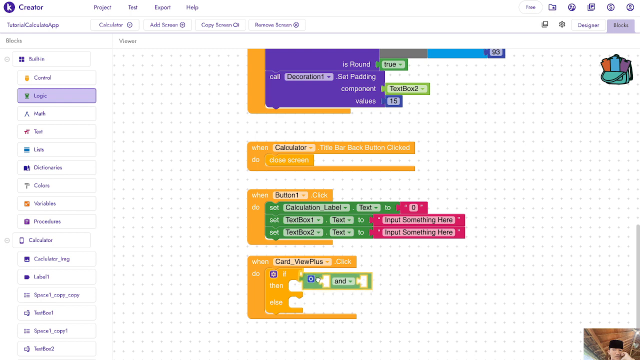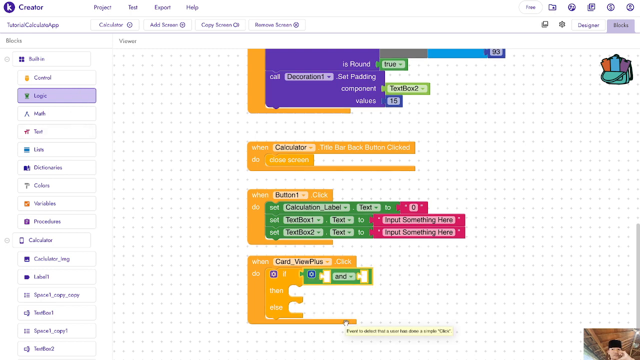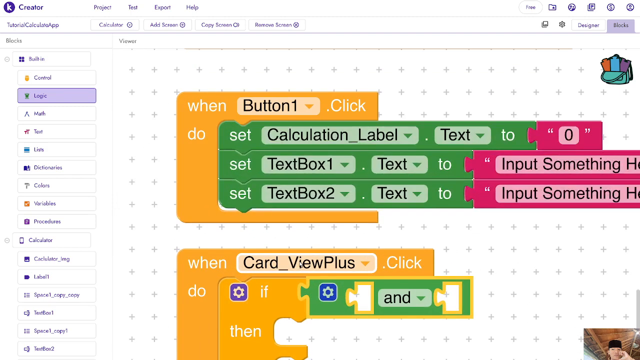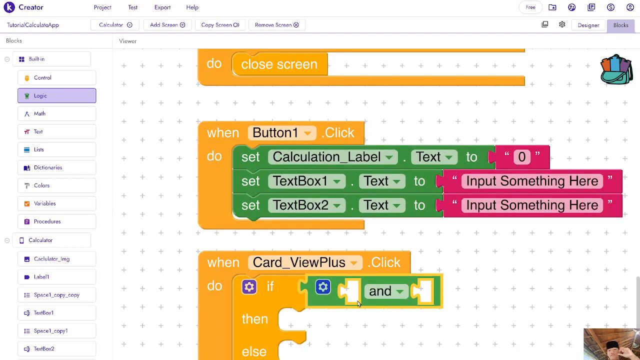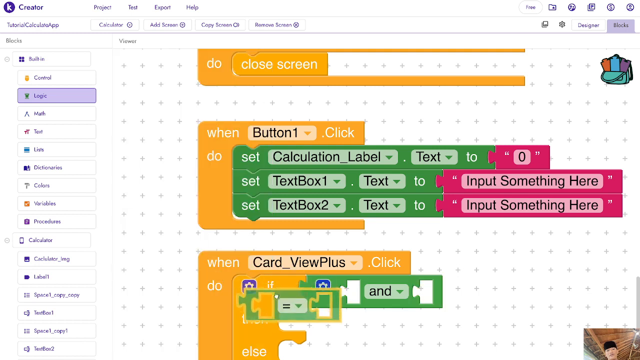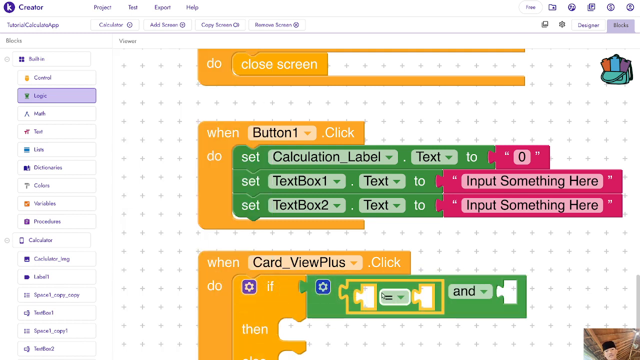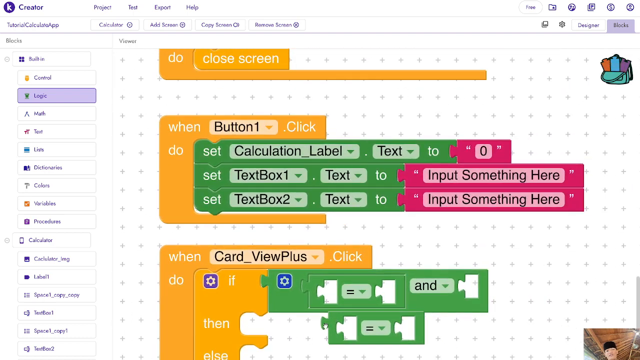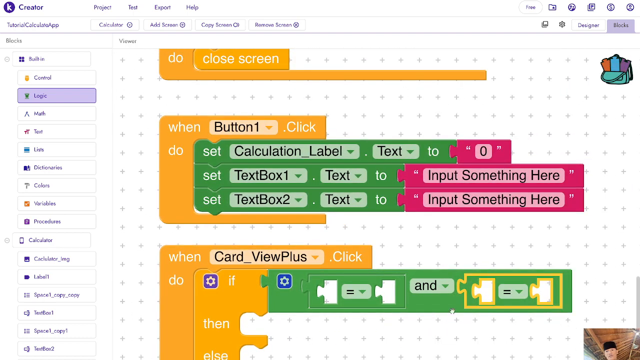So we're going to put this logic. When cart view plus click, we're going to put this logic. Then the second thing, we're going to go to logic again, then put this and the other things here. After that, the next thing that we're going to do is we're going to take